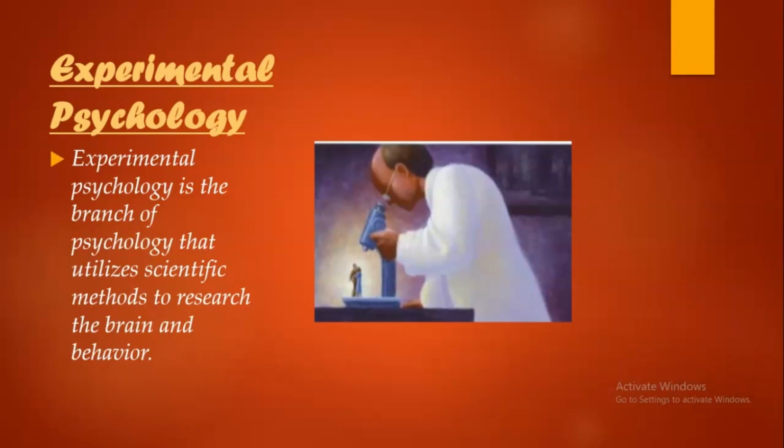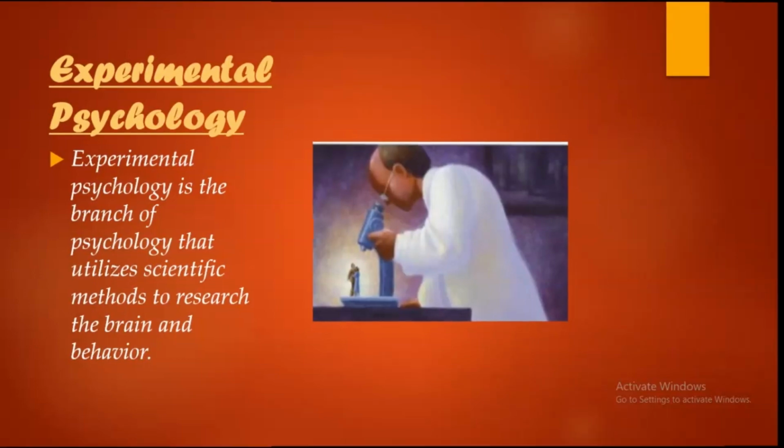So these actions and reactions, behaviors, and the cognitive processes in living organisms, either in animals or in human beings, are studied through conducting different experiments. There are different steps in the experiments: observation, hypothesis, experiment, then different types of observations, naturalistic observations. Different experiments can be done, and then we can move towards some interpretations and analysis, right? So these are all the parts of a scientific method or scientific experiment. These are all the aspects that we cover under experimental psychology.